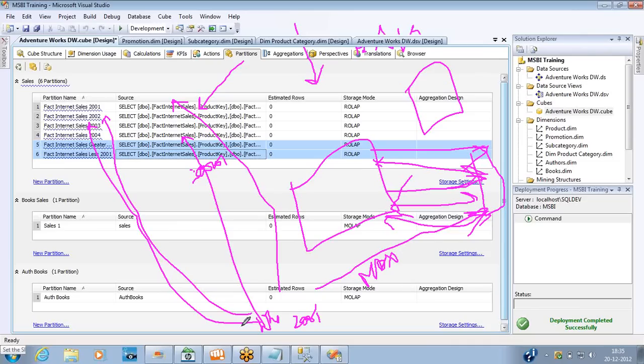This is why the query performance will increase, and that is why the processing performance will increase. So partitions help us in both ways, improving performance query wise and processing wise. So this is the complete picture about partitions. You can create n number of partitions